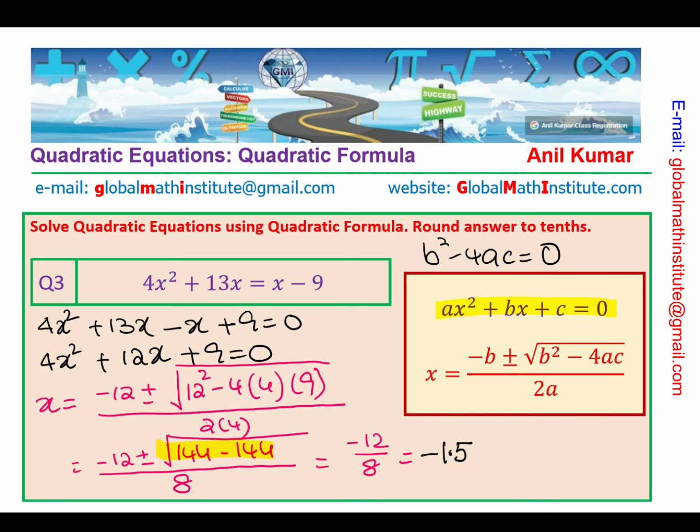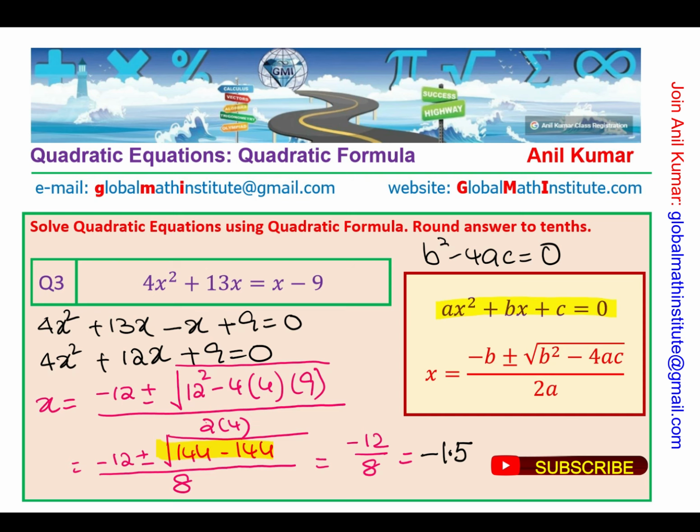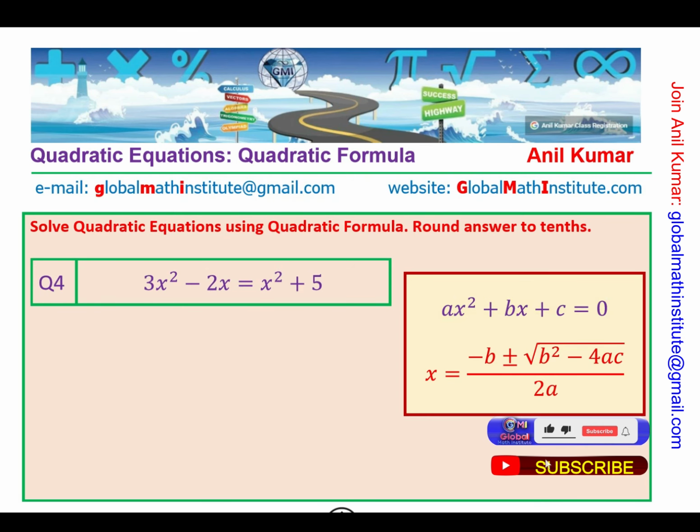So now, in this particular case, you observed that b squared minus 4ac was 0, and therefore we do not have two solutions, but we have one solution. And you also saw that you may have to rearrange the equation and then solve. Important, correct? So let's now look into question 4, which is 3x squared minus 2x equals x squared